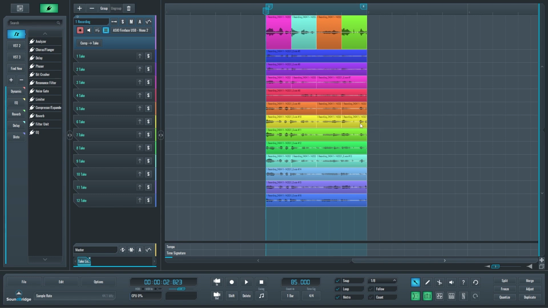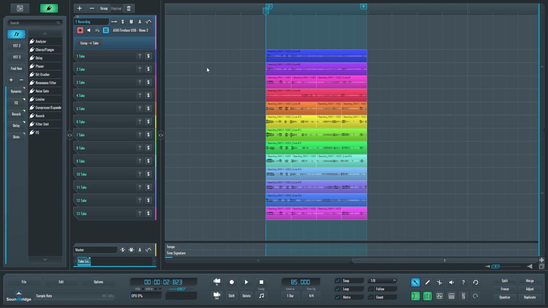Now, a really handy feature is that if you're moving blocks up and down, you can always go left and right, but if you hold Alt while dragging, their horizontal position will be locked, and you can only move them up or down. We can always create a new recording or compilation like this, and then just click Comp to